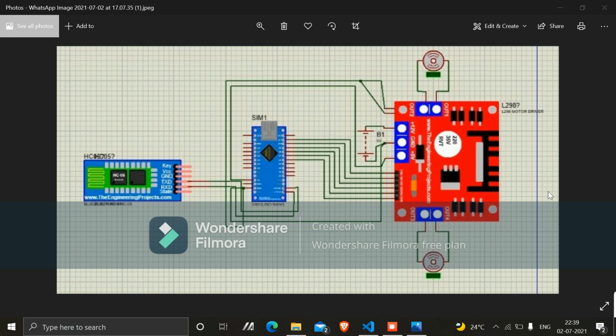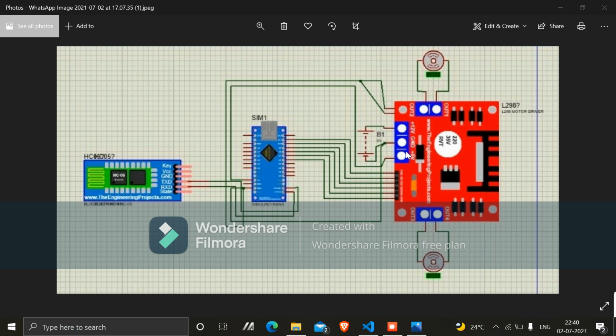So now let us have a look at the circuit connections of our bot. We have used the L298 motor driver module which controls all the motors connected to it. The DC motors are connected in parallel so that there is no voltage drop across them, as would have occurred if connected in series. We have used three 18650 lithium ion batteries connected in series, each of 3.7 volts, providing 11.1 volts across the motor driver module, which has a maximum capacity of 12 volts.